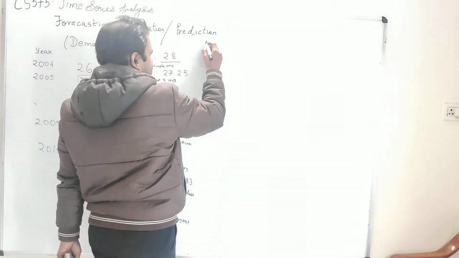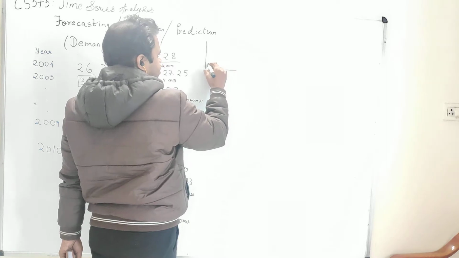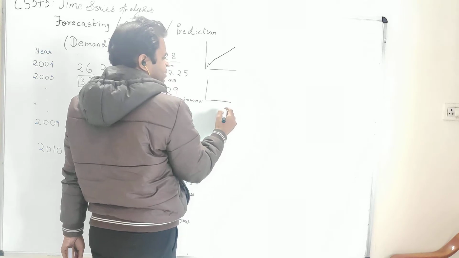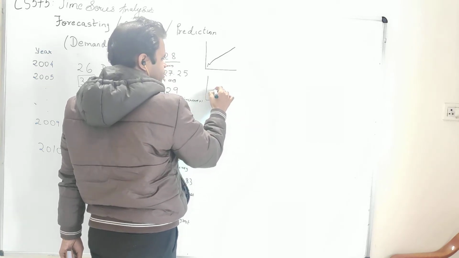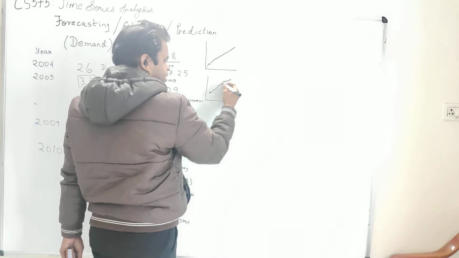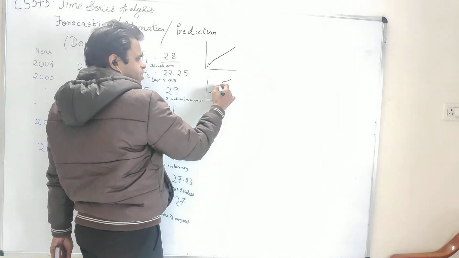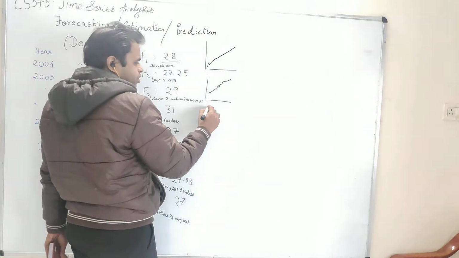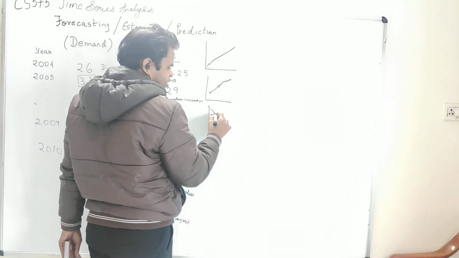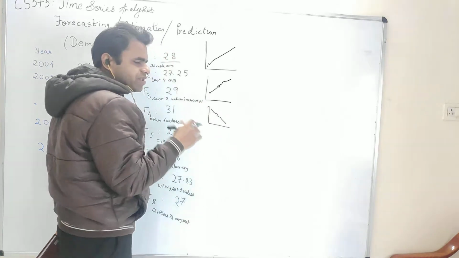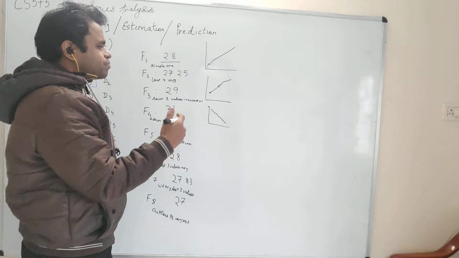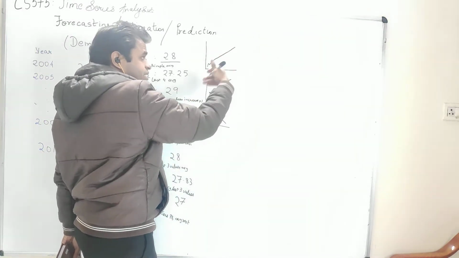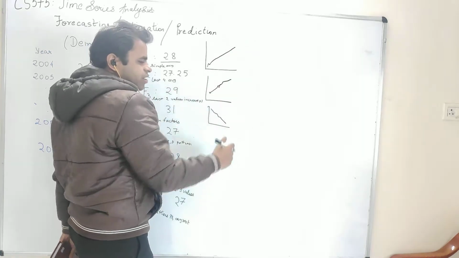An increasing trend is, for example, a simple example would be, let's say some product, the sales are going in this fashion. Let's say you have a YouTube video which is getting very famous over time. The number of hits and likes will tend to increase. There may be a sudden fall sometimes, but it shows an upward trend. During the pandemic, the prices of oil crashed in this fashion, so it had a downward trend. So this is known as trend. What does trend indicate? It shows an increase or a decrease.